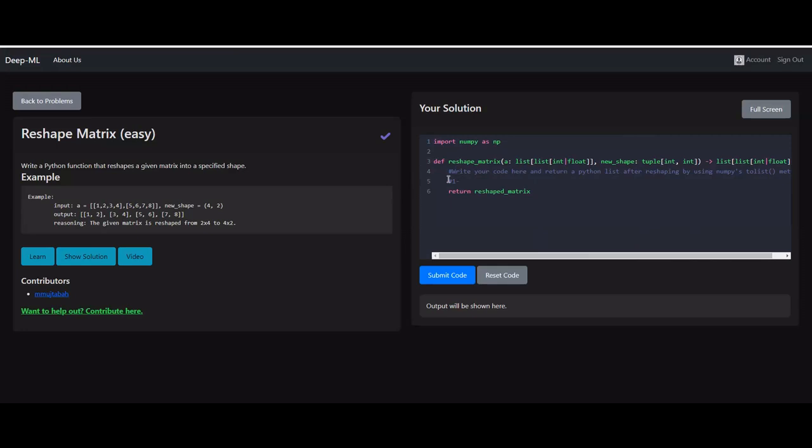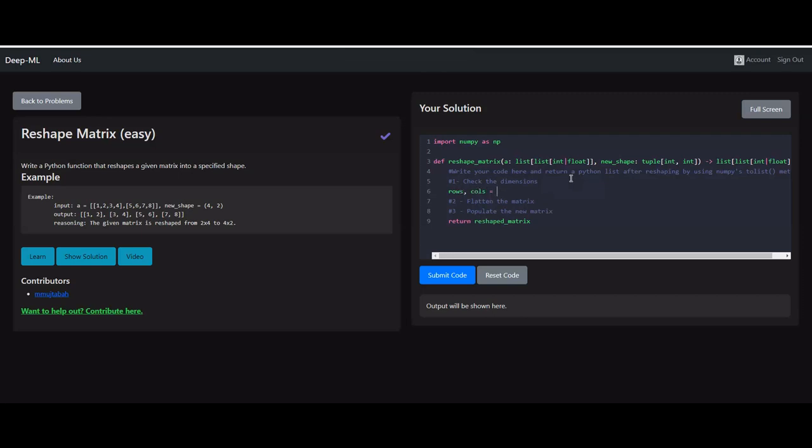I always like to use comments to guide what it is that I'm trying to do, because it's easy to start typing and creating new variables and then losing track of what you're supposed to do. So first of all, we're going to check the dimensions. Afterwards, we're going to flatten the matrix, and then we're going to populate the new matrix. So to check the dimensions, what are we going to do? First, let's